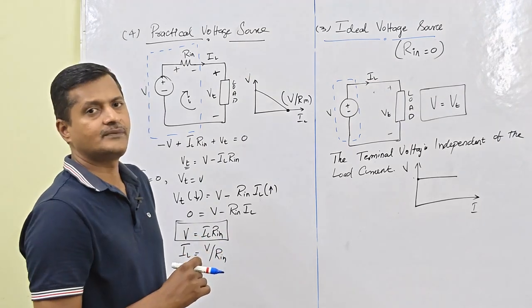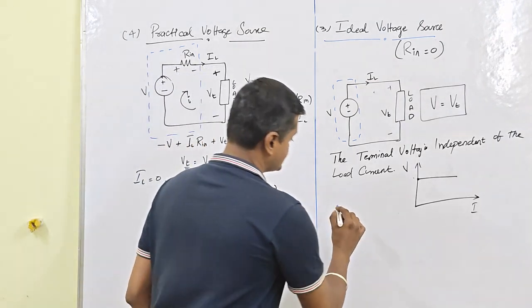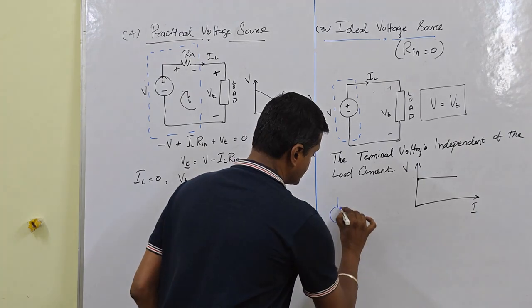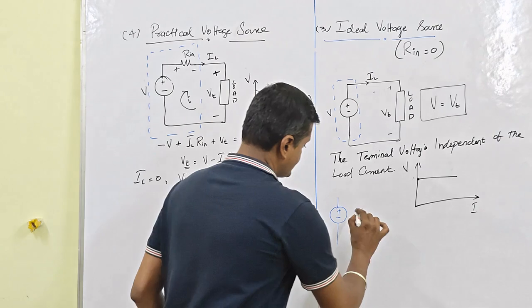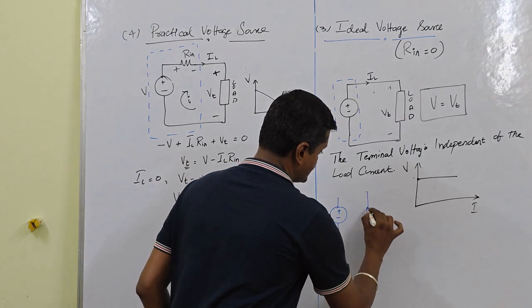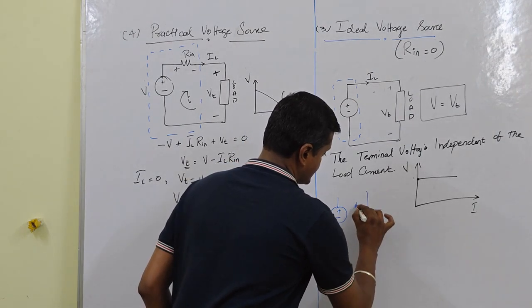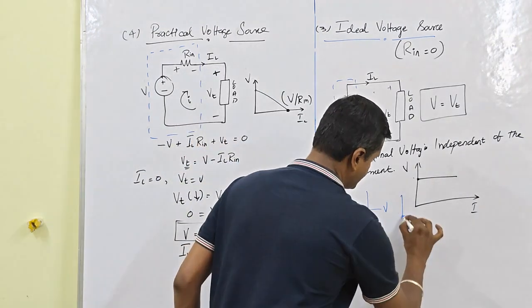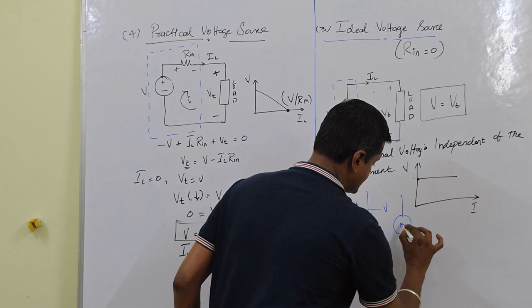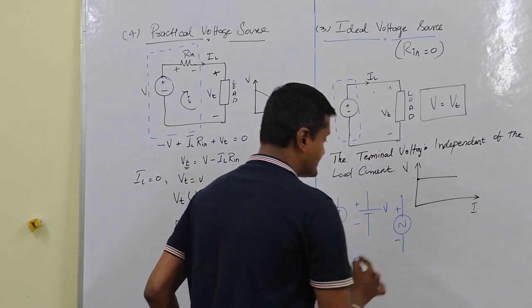Mostly in the circuits of the problems we solve, they will give symbols like this. That is plus and minus, that is a voltage source. Otherwise we have plus and minus, this is for DC, and for AC we have a symbolic representation with plus and minus. So all of these